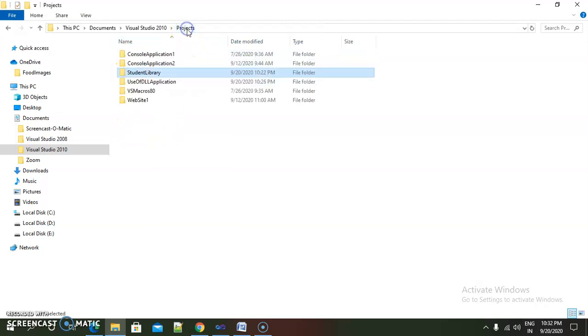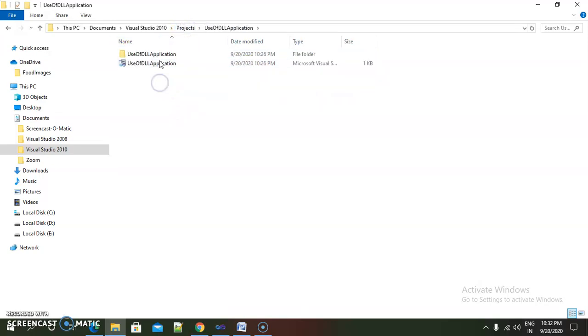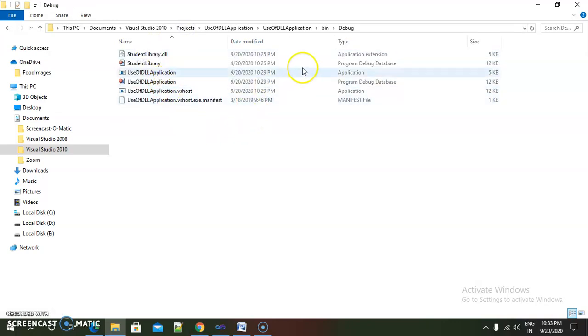Now we see what is inside our console application, which files will be created inside debug. Now there are a number of files created inside this debug. There is one student library because we have imported that student library inside this console application. So there is one student library.dll. Then here is the use of DLL application.